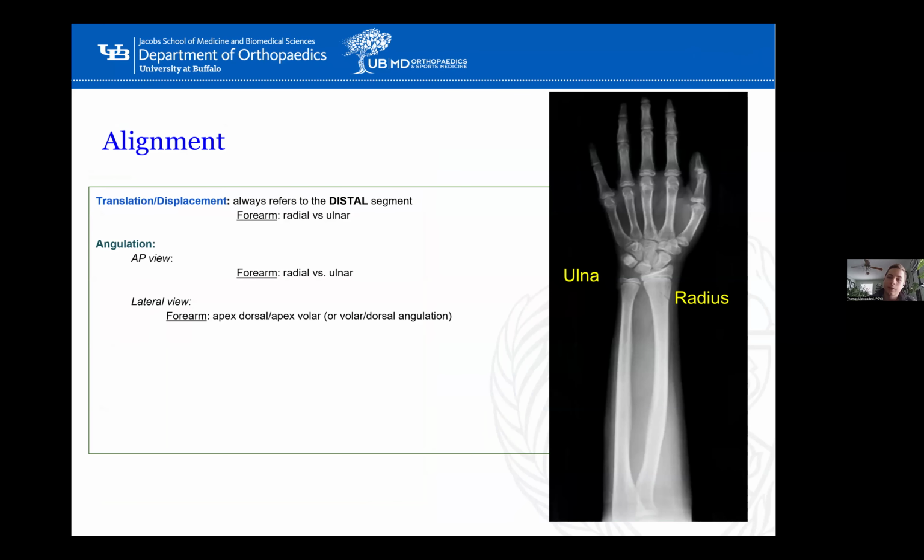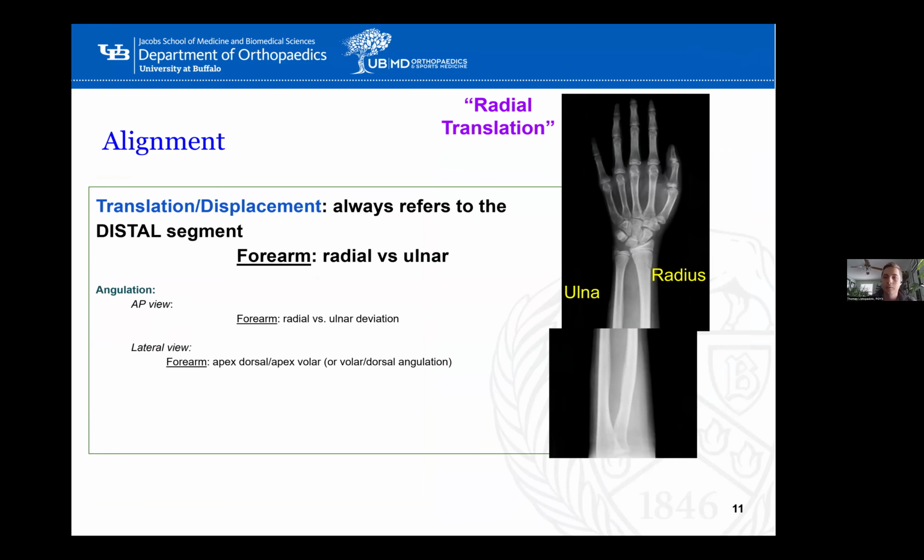And then the forearm and the wrist specifically can be kind of complicated when talking about alignment. So one of the things that we mentioned is translation. And when you're talking about translation, you want to consider what direction the distal portion of the fracture is going. Kind of similarly to dislocations or like in ankle fractures, but in this case, in the X-ray example on the